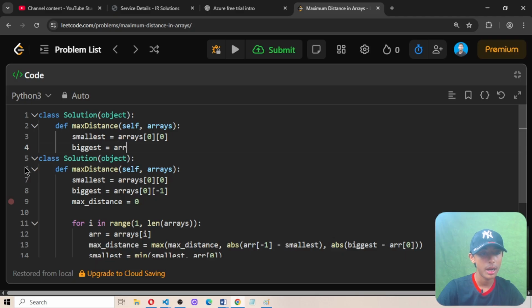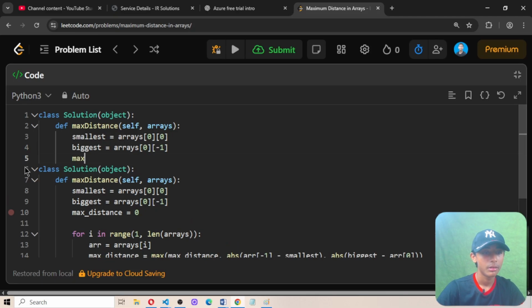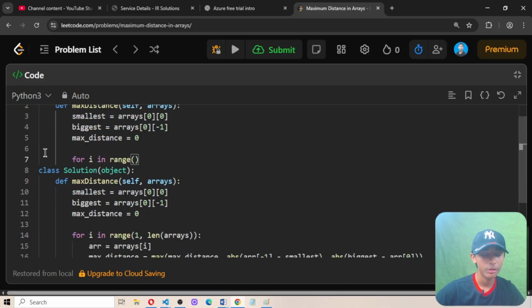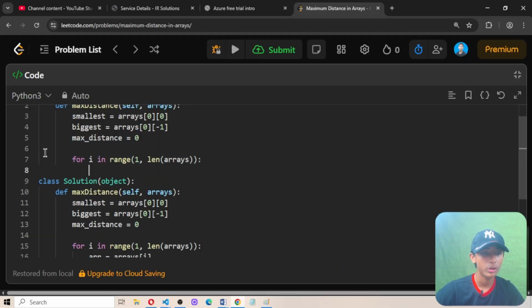Biggest equals arrays[0][-1]. Max distance equals 0, enter. For i in range(1, len(arrays)):